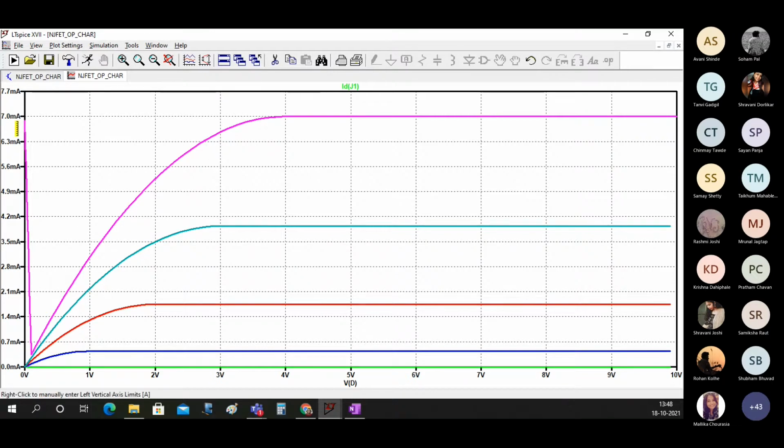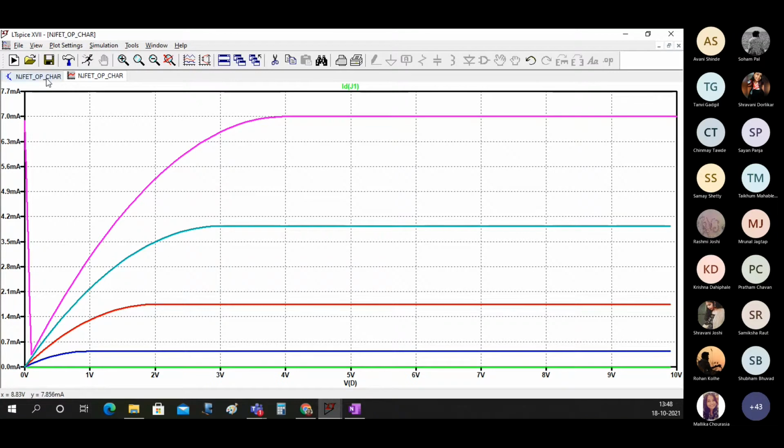But you can see this really weird thing here with the pink graph. It's shooting up to some value, 7 amperes. The reason why that's happening is because of the value of VGS, and if VGS is 0, then the current will become maximum. So that is why SPICE is showing that shoot at 0 volts.